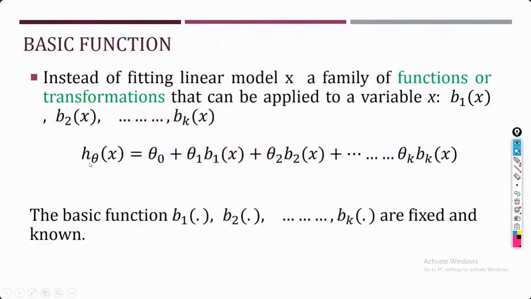Okay. Now, as I said, we are going to apply some function on x, and based upon the created function, we are going to use that feature in the model. So these functions we are representing here in terms of b1, b2, b3, till bk. Suppose if you want to extend till the kth dimension, it's going to be bk. This b will be known prior to us, and it is going to be fixed. That means we know with what value we are going to map our given input. So this information will be known to us.